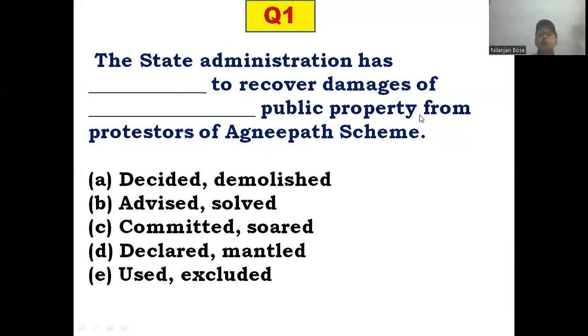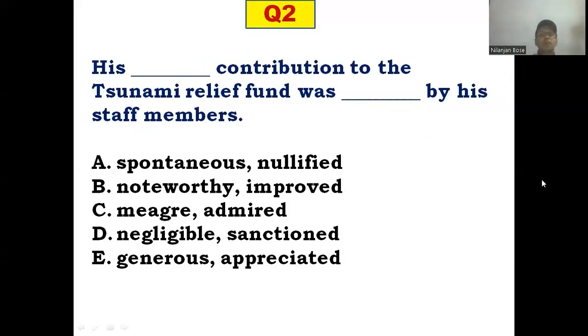Now, let us know what the second question is. So here comes the second question. His dash contribution to the tsunami relief fund was dashed by his staff members. Look, just think about that. If you go through the question, you will come to know that somebody has contributed to the tsunami relief fund. So of course, if you are the person who is going to